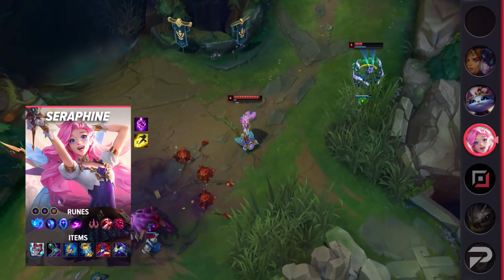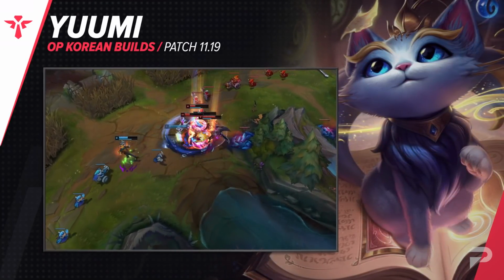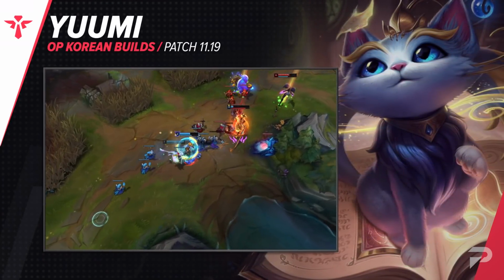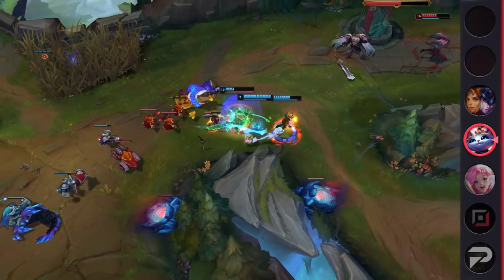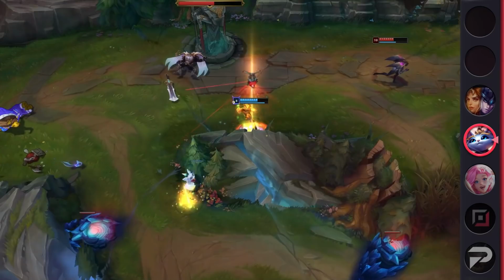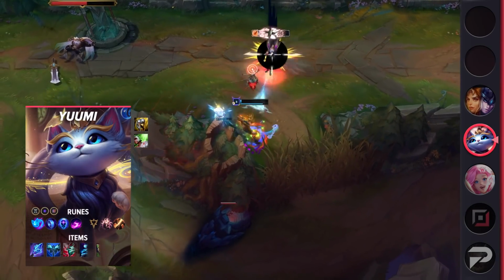On to supports, we have a new build for Yuumi. Unfortunately, she's been gaining a ton of popularity as the support meta has shifted towards enchanters. Swapping out her mythic item for Everfrost certainly creates an entirely new dynamic. Just a quick note, you can cast Everfrost while you're attached to an ally. The CC combo can be absolutely devastating. If you just pair your ultimate or even your Q with it, it can really put your enemies in a